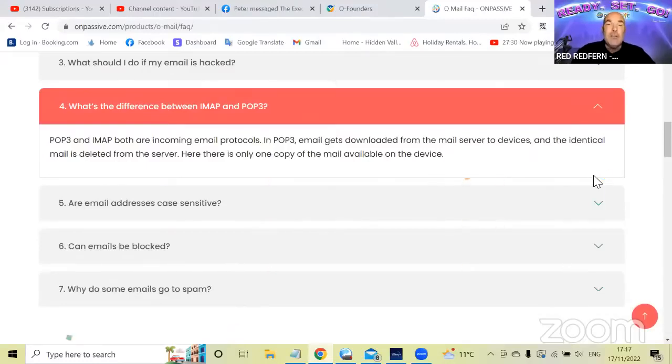Now, Collins is nodding his head vigorously here because he knows all about this. This is where OMail comes into its fore. Now, we have already just said that it is a dedicated email only for OnPassive. Okay, that